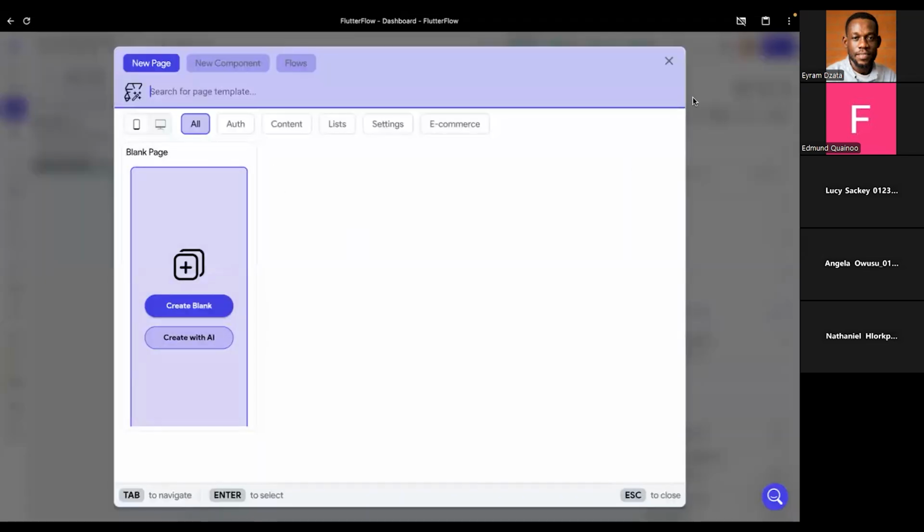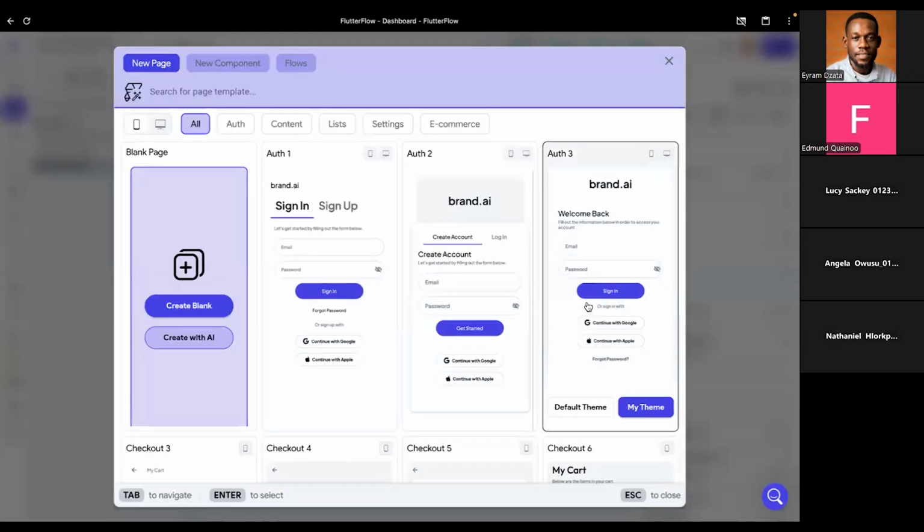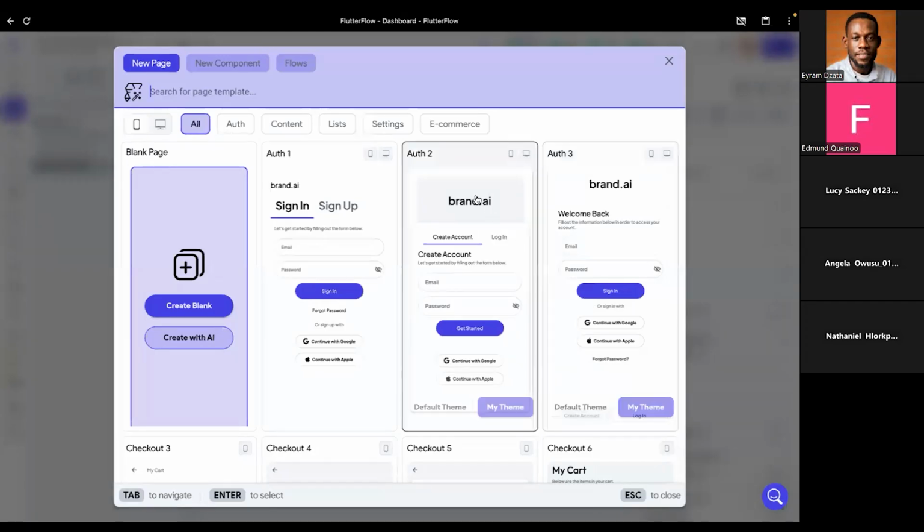So FlutterFlow has given you different kinds of templates for you to just choose and then move ahead, okay? If you don't want to design from scratch. And also you can use AI